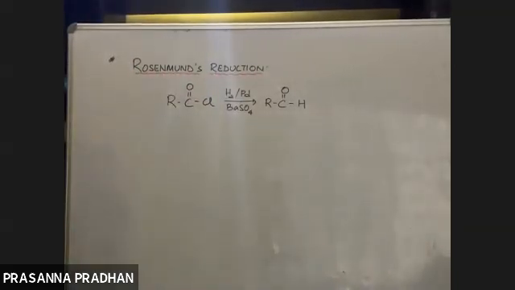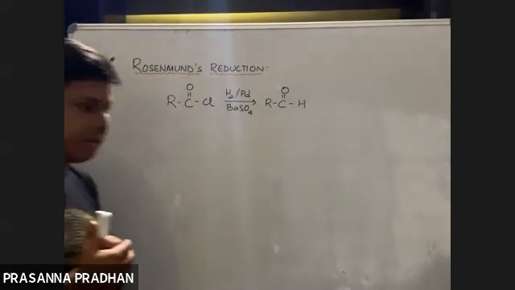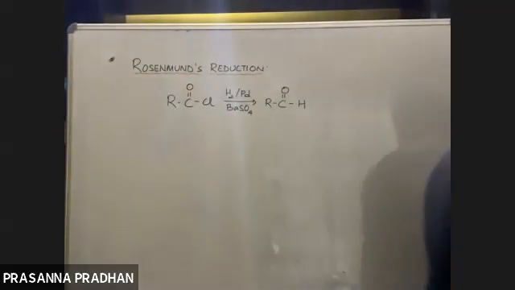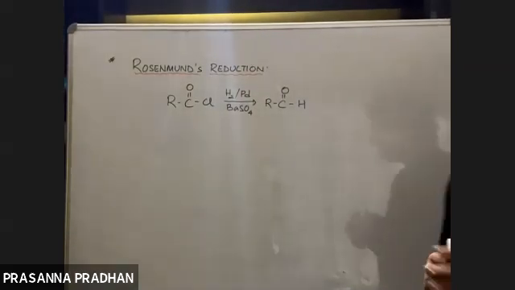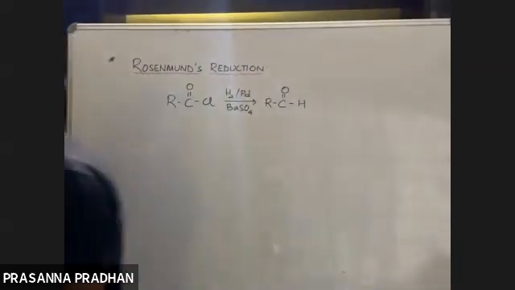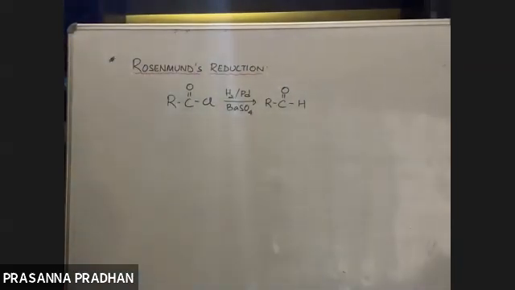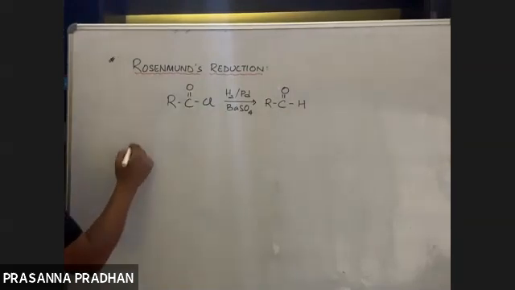I also explained why carboxylic acids cannot be directly reduced. If carboxylic acids are reduced directly, then the final product is going to be a primary alcohol and not your aldehyde. So that was the problem. This was about Rosenmund's reduction. Now today we shall see whether we can prepare the corresponding ketones starting from acid chloride or not. Let us start with an acid chloride.